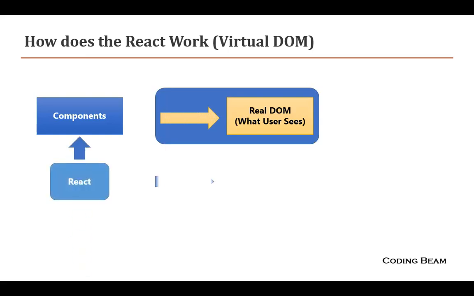And it knows the change of state of the component and it informs the React DOM. So it informs the interaction to the React DOM, and in the end the React DOM is responsible for working with the real DOM, which is working with the browser, and it's responsible to bring something on the screen which the users are able to see. So React only cares about the components and the props, which are basically used to send data between the components, and the state and the component-wide data, which is the context or Redux, which we will see later in the course. And it contains so many features also, but these are the core features of React.